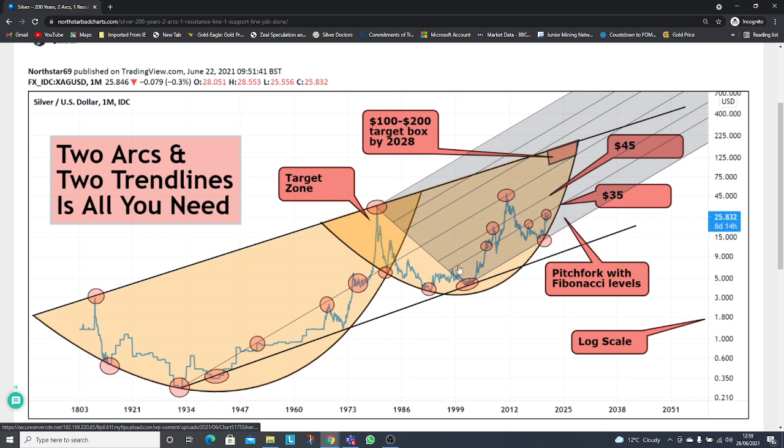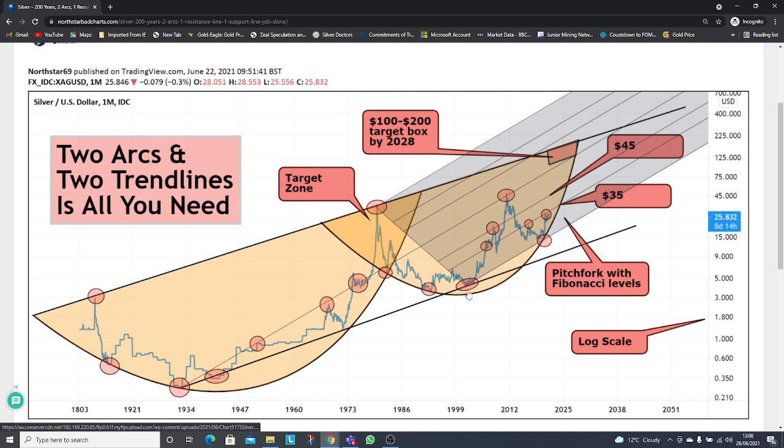I've put in a pitchfork here. If you're not familiar with pitchforks, that's the name given to this sort of construction where you see a line stretching from the 1930s, and that dictates where the upper and lower points on the start of the pitchfork are, or at least where the midpoint between those two points is. So the top point on the pitchfork is set at the all-time high there,